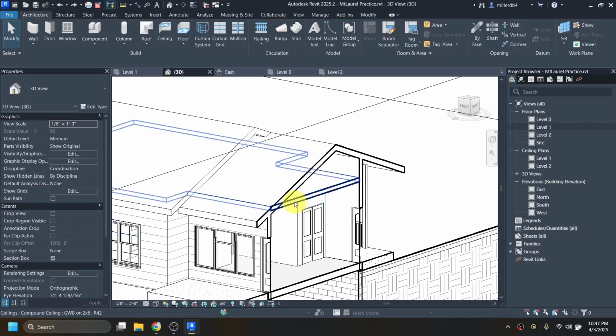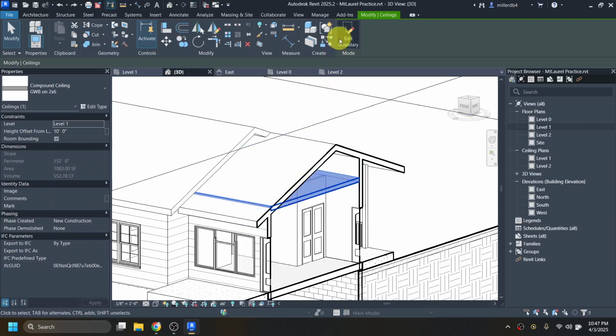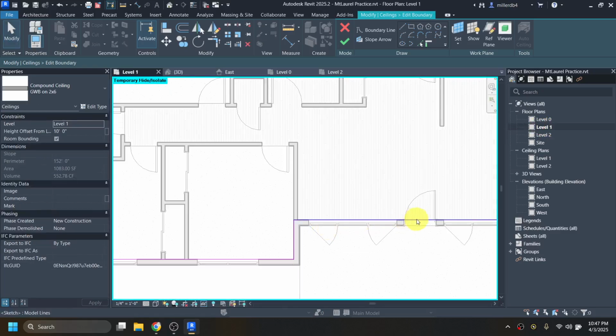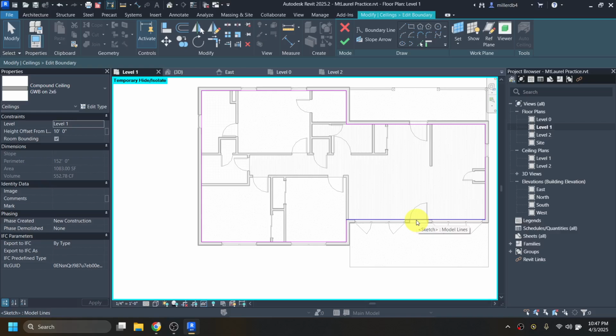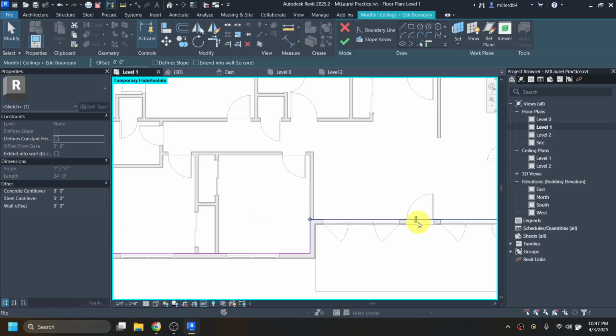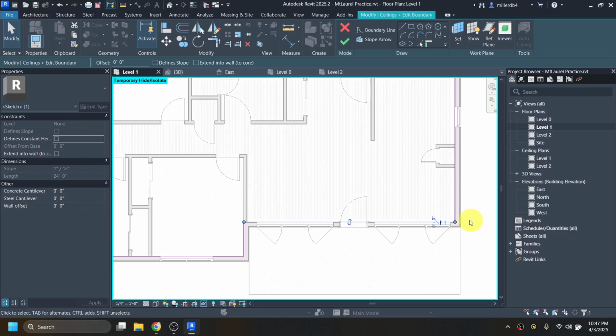Let me think. I'm going to click on that ceiling. I'm going to edit its boundary. Go into my level 1 floor plan. Really, I just got to take this side in and scooch it in more. But